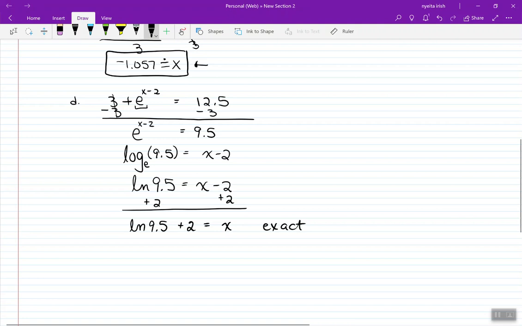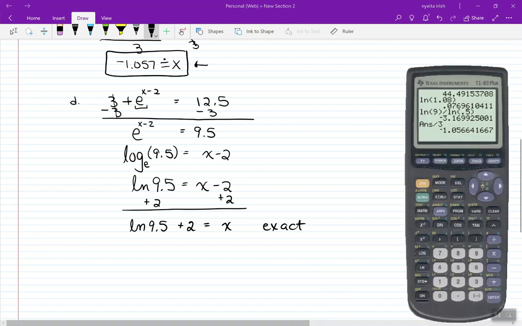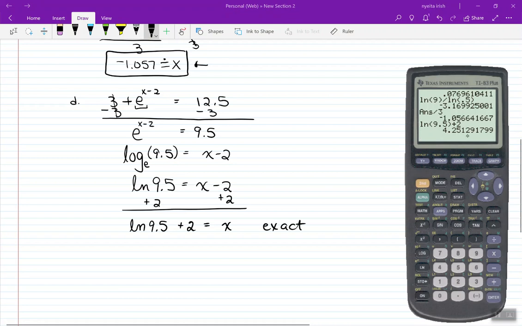Now you can go ahead and take your calculator and plug in the information, natural log of 9.5, close the parenthesis, and then plus 2. And come up with about 4.251. Taking a peek at the next number is 2, so we're going to just stick